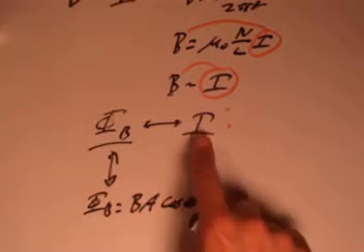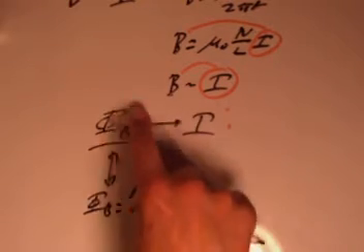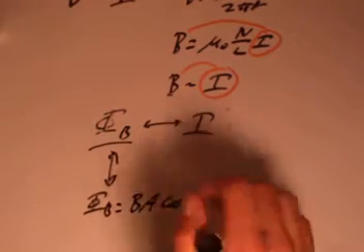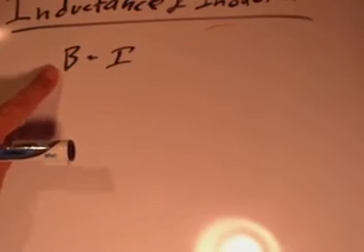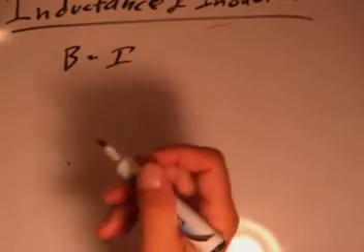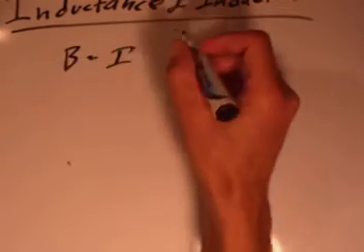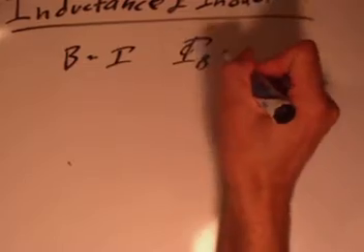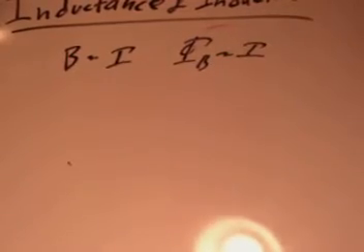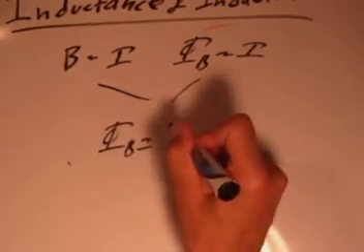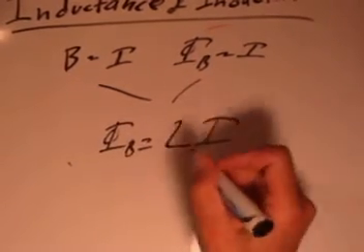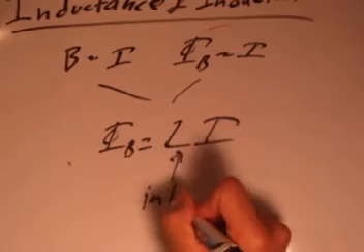So if current makes magnetic field and flux depends on magnetic field, is there a more direct relation between current and magnetic flux? That's the issue, and there is, and it's called inductance. This is what we just discussed, how the current gives rise to magnetic field. But it turns out there is a direct link between magnetic flux and current, almost skipping the magnetic field. If you bring all this together, the magnetic flux is L times I,